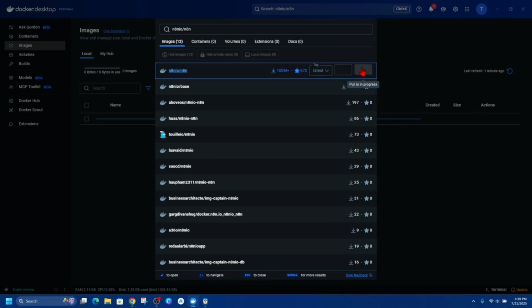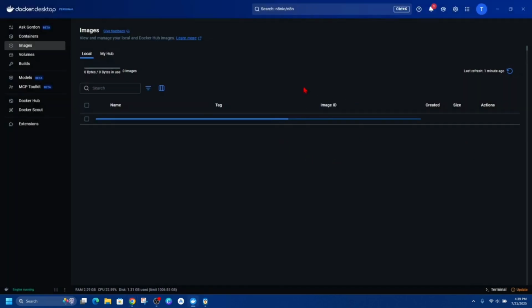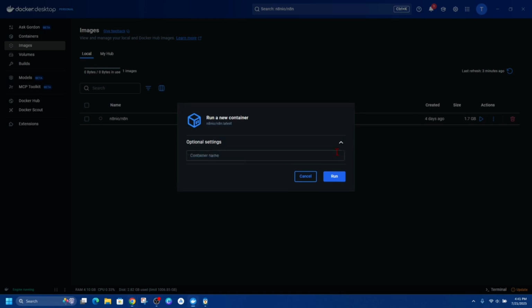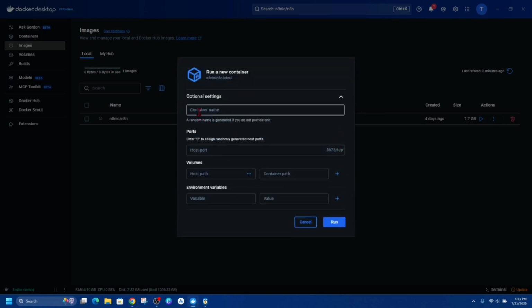Now it should say pull is in progress, and just simply wait for the download to complete. Once completed, it's going to appear here and you can see the progress of it pulling this image. Alright, once pulled, go ahead and click on the run button here. Then where it says optional settings, go ahead and click the drop down menu, and then we need to give this a name. A random name is generated if you do not want to provide one, so I suggest you go ahead and give this a name. I'm just going to call this